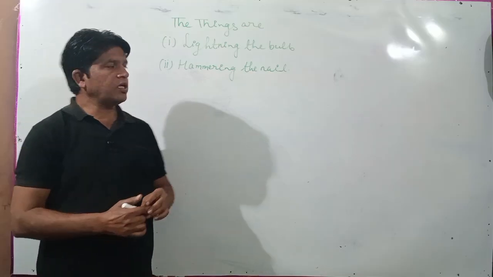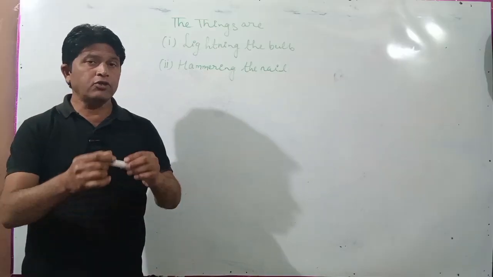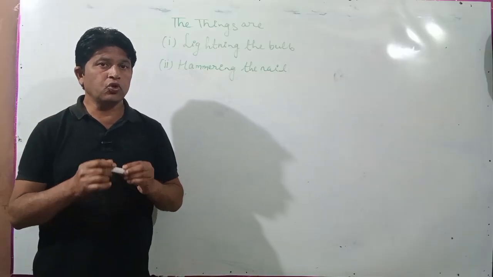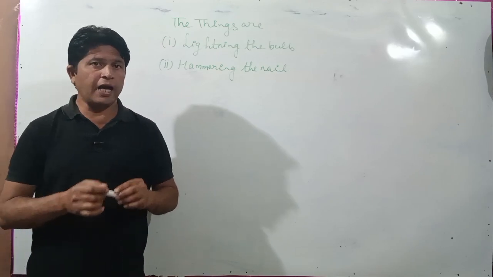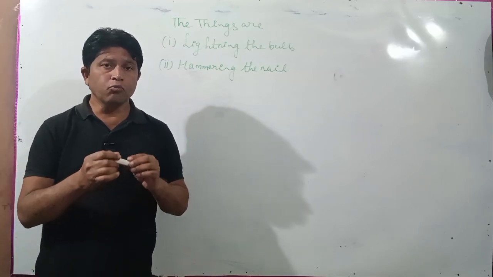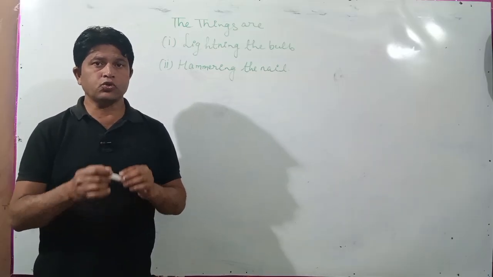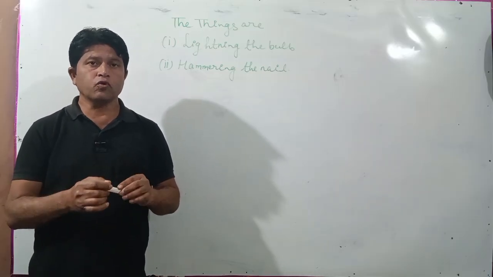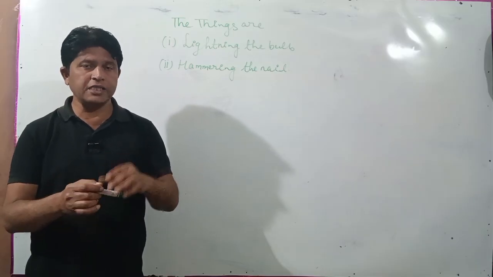So first of all, we take the first example, lighting the bulb. When you switch on the bulb, your eyes feel some brightness, and as you move closer to the bulb, your eyes feel more brightness. It shows that as you move closer to the bulb, your eyes perceive more brightness,